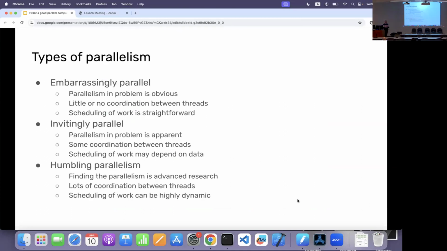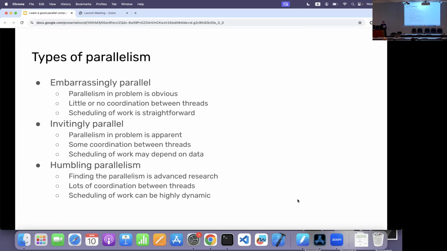Then there's a middle category that I'm calling, this is not standard, embarrassingly parallel is a standard term, but these other two are kind of terms that I made up, invitingly parallel. The parallelism is there. It's not that hard to figure out where the parallelism is. There is going to be some coordination between the threads. You don't have them independently doing their own computation. And the scheduling of the work may be a little bit more dynamic. You probably aren't just saying, here's a big block of data, run all these threads. You might have to look at the work that you're computing in order to figure out how to schedule the